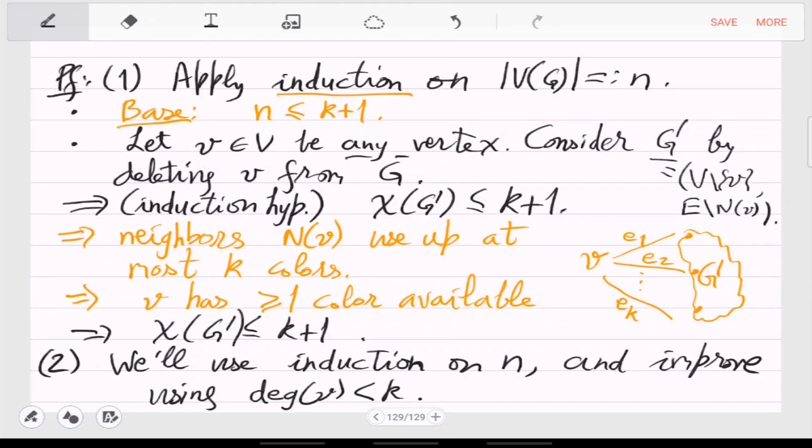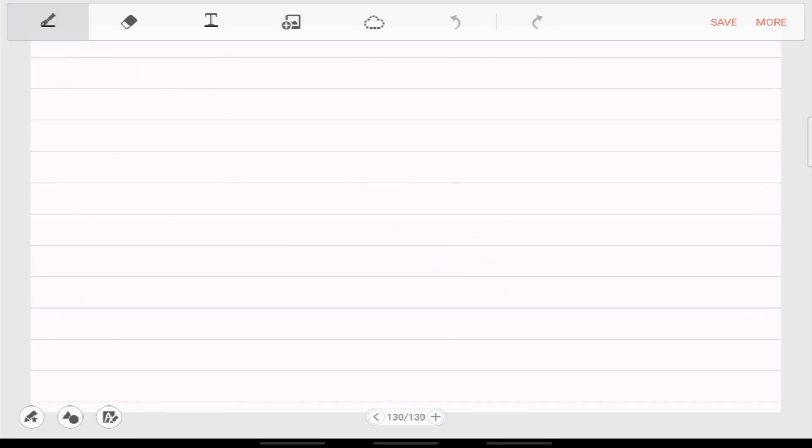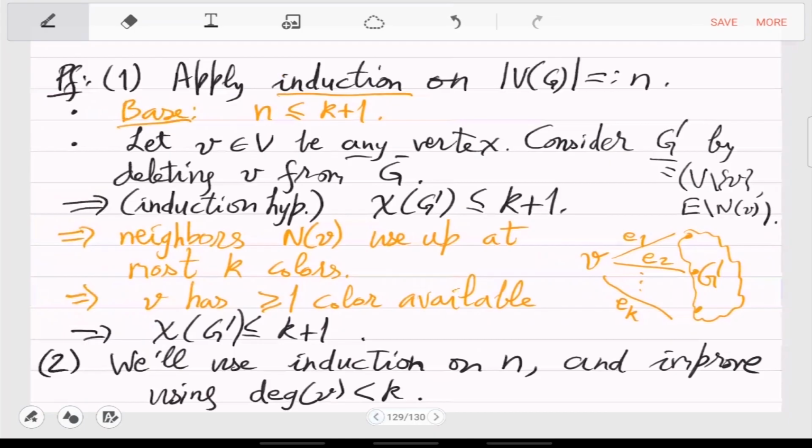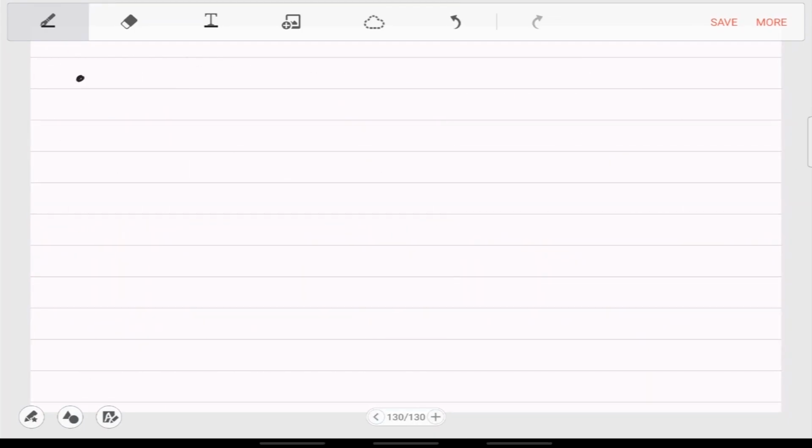So now we are given essentially the v which we should pick and then induct. The v is whose degree is small. So what happens when you induct with respect to that? So again, G prime is G minus this vertex v,